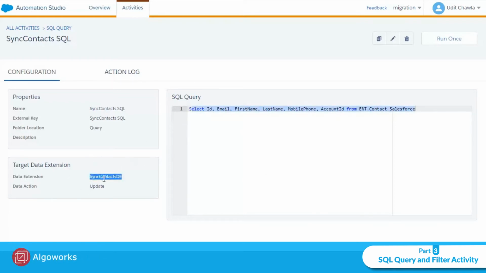I have provided the data extension over here, with the options add, update, or overwrite. Whenever I run this query, the ID, email, and all of these fields will be fetched from Contact_Salesforce and saved into the Contact sync data extension.